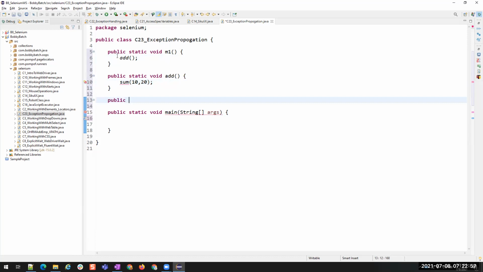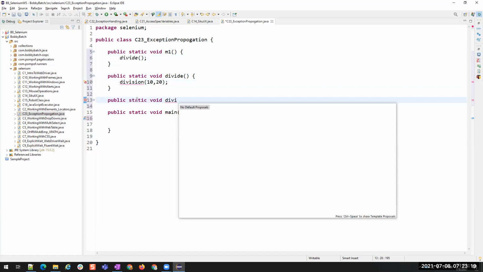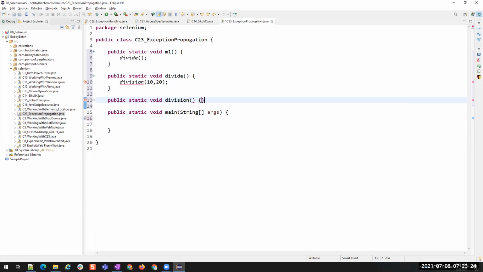Instead of add, I'll use divide. Public static void division, it will take two numbers, integer a, comma, integer b.